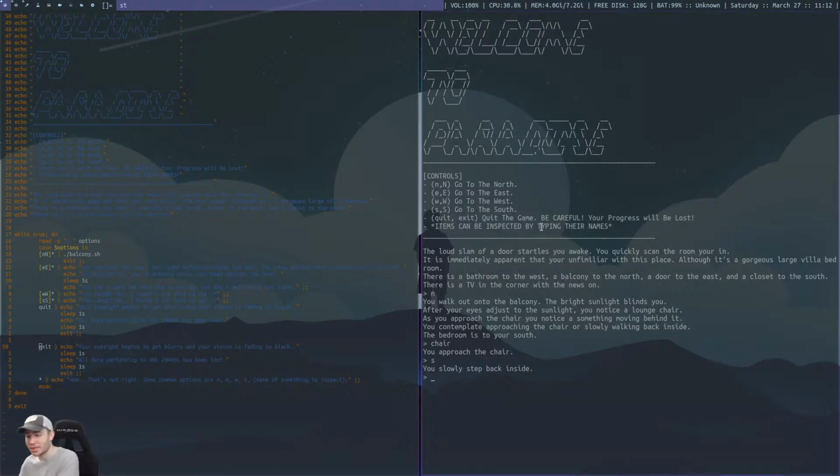But obviously we need to set it up so when we go back inside, instead of reloading this, it'll actually reload another script that we'll call bedroom. Because even though the game starts in the bedroom, when we come back into the bedroom, we don't want to load up the start game script, because we'll get all of this up here too with the controls and all that stuff. Don't want that.